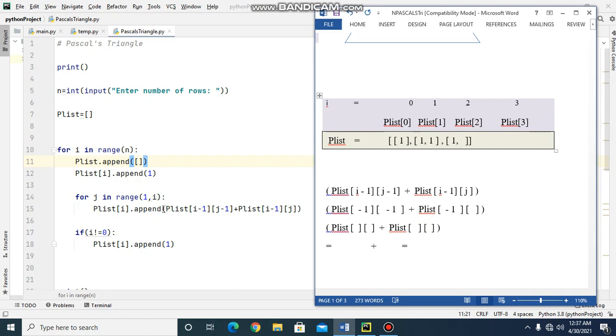Here we are having this formula. So the resultant after the calculation will be appended to this P list I, that is to P list 2. So we will apply the values of I and j to this formula here and get the values. So now the value of I is 2 and j is 1.